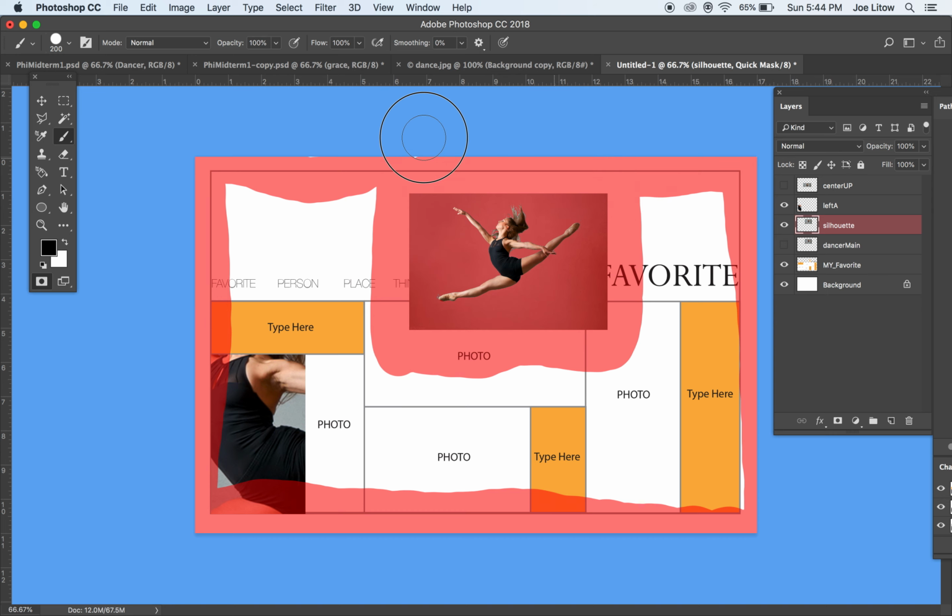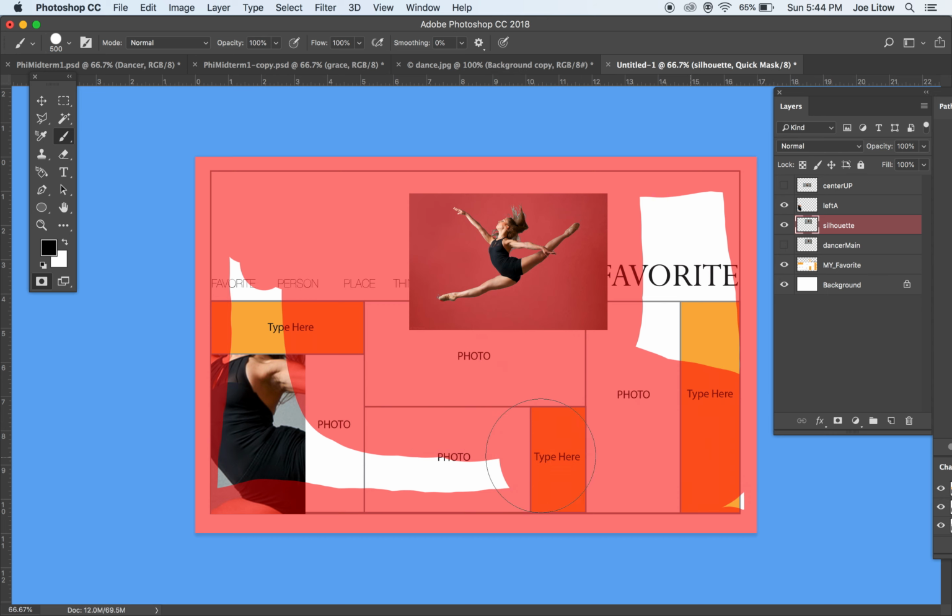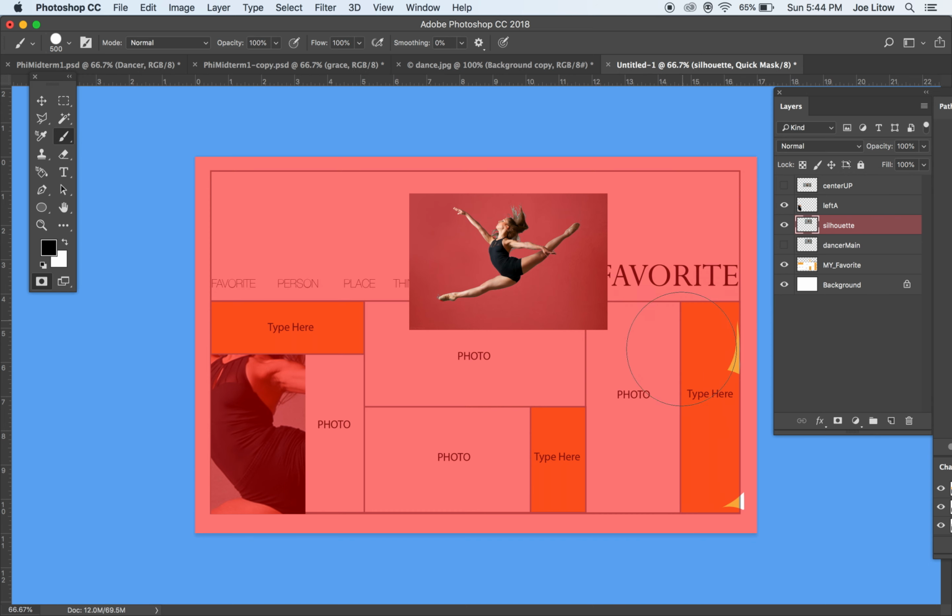Now if I use a paint bucket, I'll find my paint bucket somewhere. I think this is it right there. And let's see. Oh, it won't let me do the paint bucket. I was going to say I could just fill right in here, but I'm not going to. So I'm going to go back to my paintbrush and I'm going to go like this, and I'll make my brush even bigger with the right bracket, and I'll fill in all of this like so. This is just a way to show you how to use the quick mask so I can ultimately get my